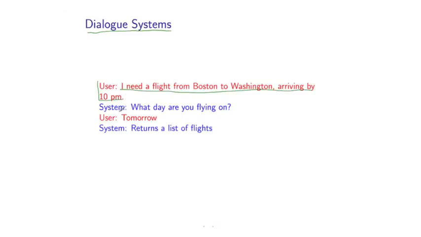And in this particular case, it realizes that there's a piece of missing information, namely the day of the flight. And so the system then responds with a query: what day are you flying on? The user provides this information, and the system returns a list of flights. So in dialogue systems, the basic problem is to build a system where a user can interact with a computer using natural language. And notice that this type of system involves both a natural language understanding component, so we have to understand what the user is saying, and there's also, importantly, a natural language generation component in that we're going to have to generate text in some cases. For example, clarification questions, as we've shown here.